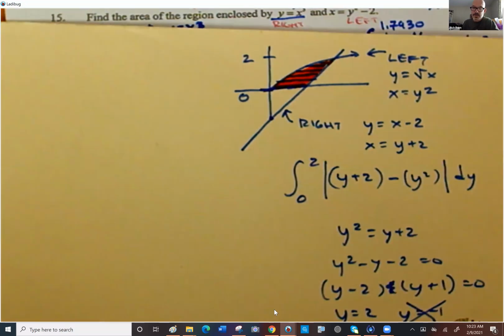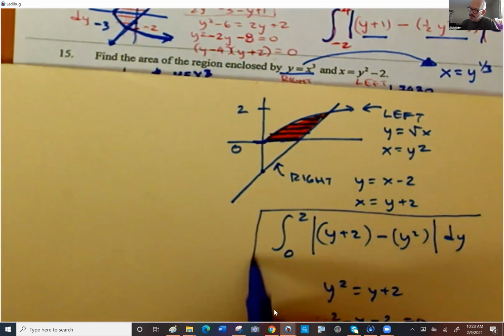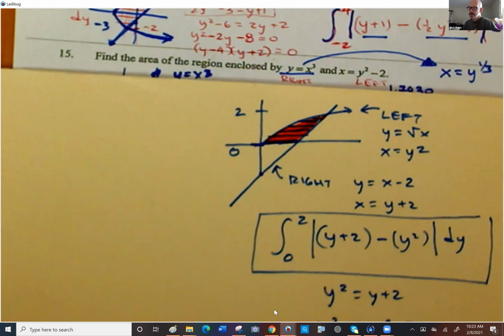And guess what? We have solved the same problem we did yesterday in a lot easier fashion, rather than have to split this up and do, we did some with a little bit of addition, some with a little bit of subtraction, some with a couple different subtractions in them. Okay? So that's kind of the moral of the story for today,